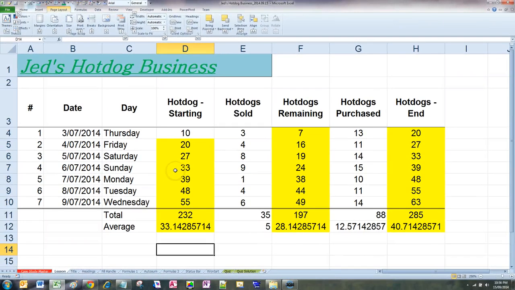So the Autosum is a very handy tool, and it's great for beginners. In fact, I still use this. I love these functions because it's just so easy. You select, click, done. You don't have to fiddle around. There's nothing worse for the beginner than trying to write a basic formula and it keeps saying error, doesn't understand, computer can't read it. That's when people give up. So functions like this are